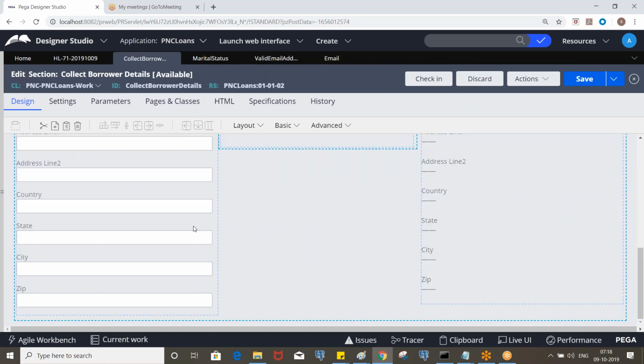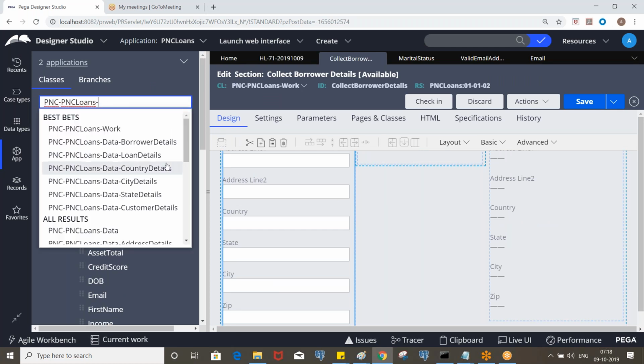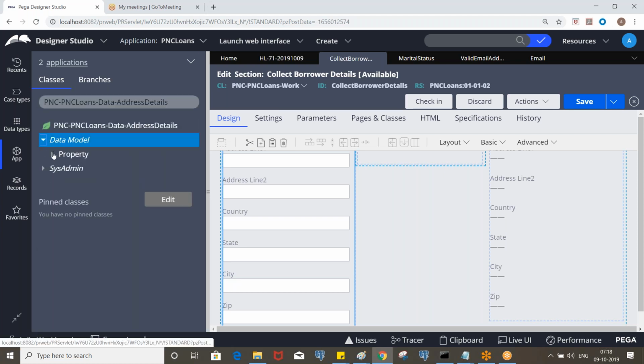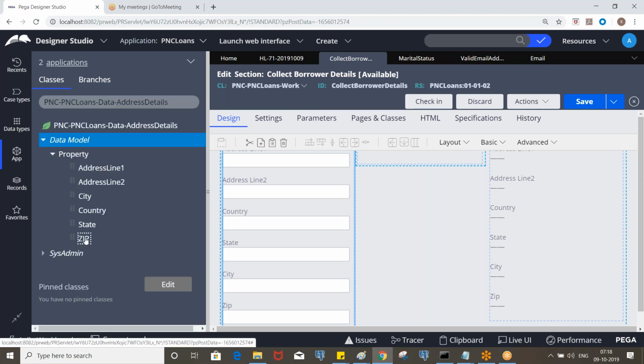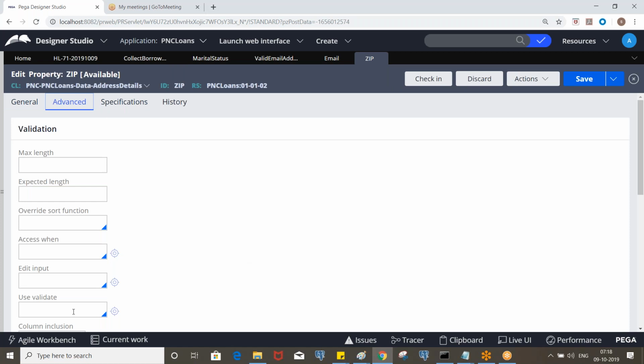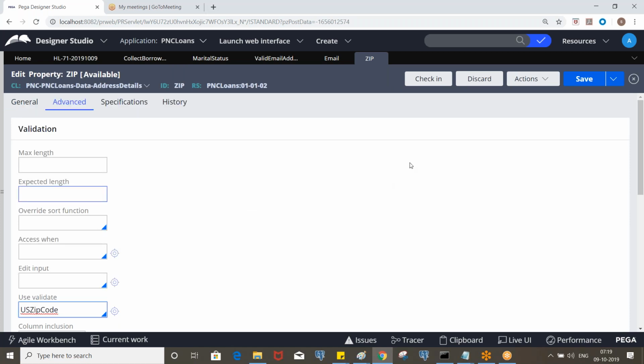Here, go to the address details, go to the zip property and invoke that rule. Go to the advanced tab, use validate US zip.